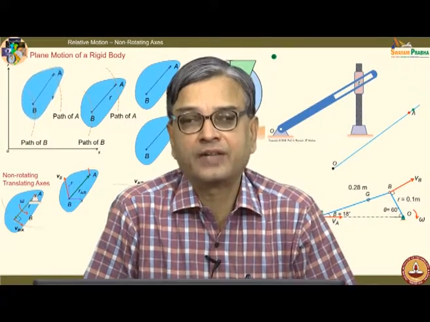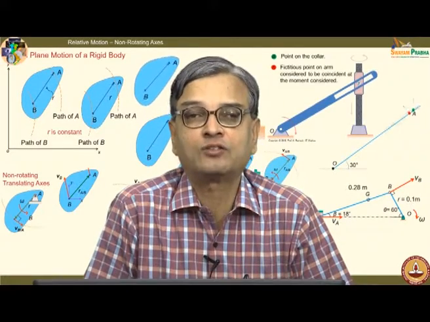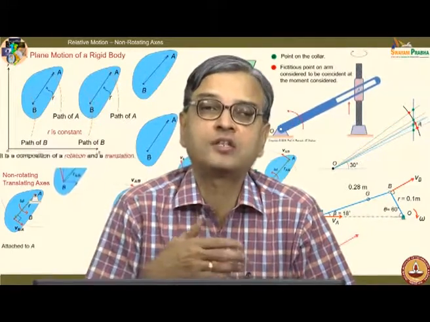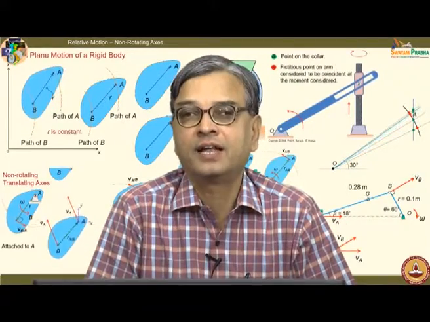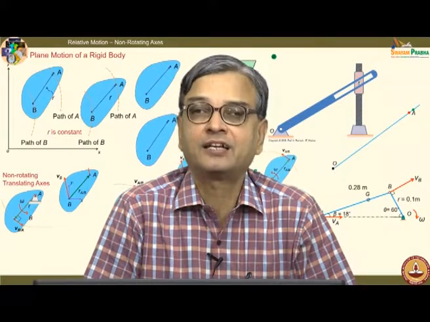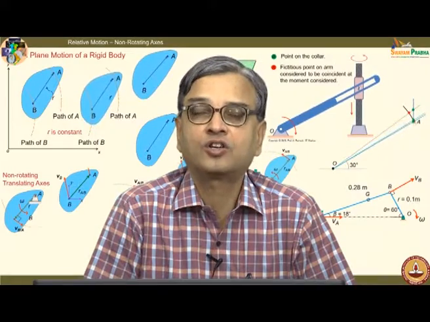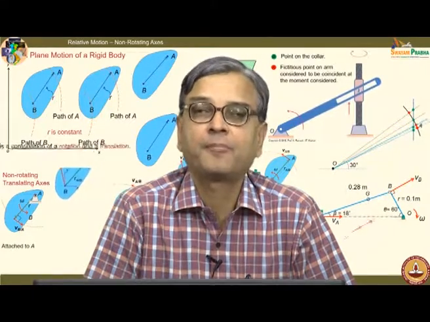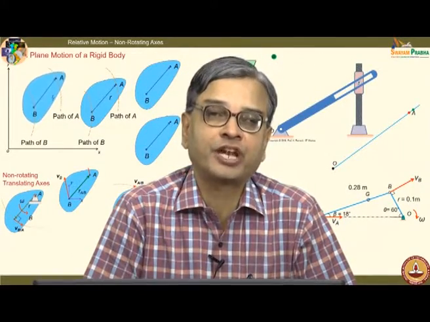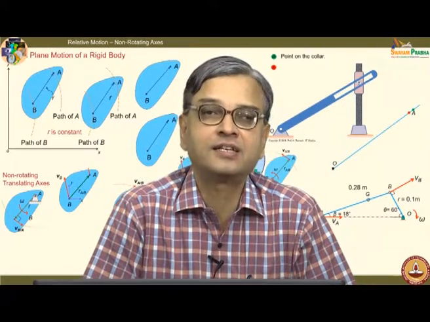In this class, we have learnt one more way of writing down the relative velocity equation. We have used the constrained motion. We brought in the concept of coincident points and found that it could be applied to a practical problem like analyzing a shaper mechanism. Then we also moved on to learn the concept of instantaneous center of rotation. For a class of problems, you can easily find this instantaneous center of rotation and use it as a basis to calculate certain parameters concerning the problem. Thank you.